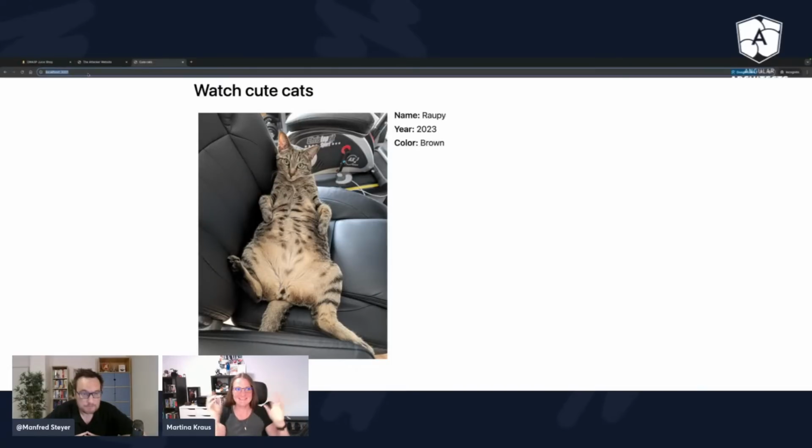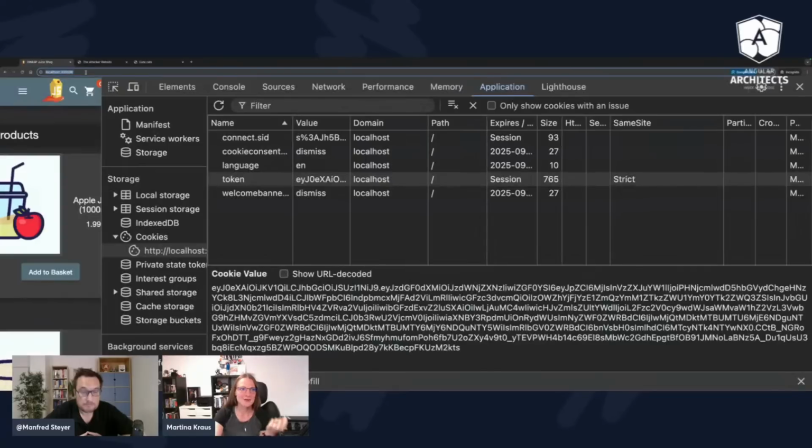Let's imagine that this really is a cross site. It's a really different site. If this could be like mycutekittycat.com, that is definitely a different site than localhost 3000. And for that, the cookie would not have been sent, which is great. So another recommendation of mine: use, besides HttpOnly and Secure, also the SameSite Strict flag.